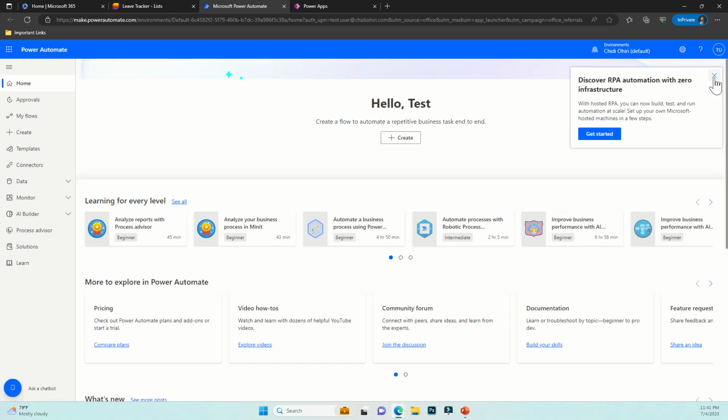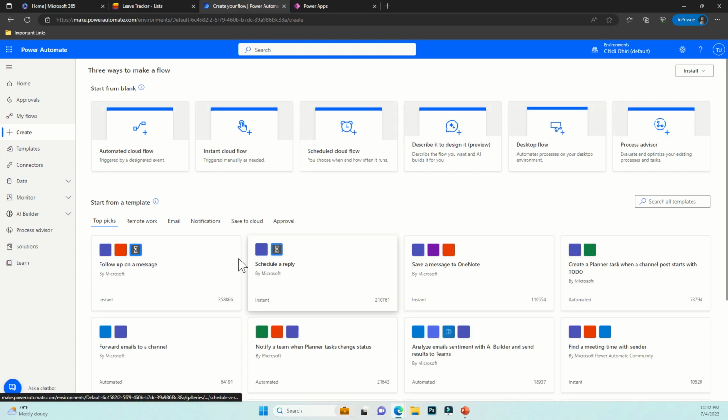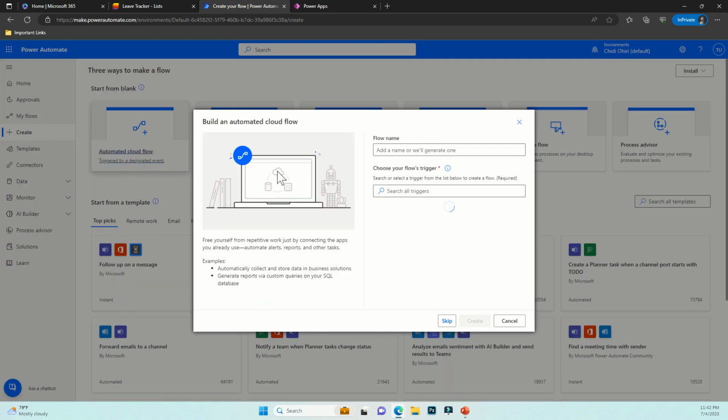All right. Let's cancel this out. So create a new flow. Okay, cool. So let's do automated cloud flow. Let's call this leave tracker